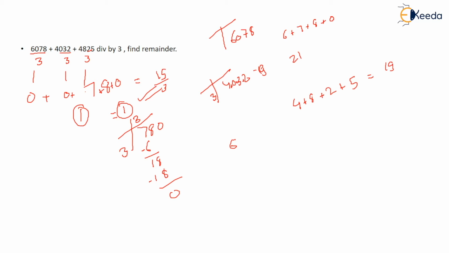After adding all those, let's check. So after solving this also by adding, this comes out to be something like 14935. You can add separately. 8 plus 9, that is 17. 17 plus 4, 21 plus 1, 22. So after dividing 22 by 3, what remainder comes? 1 comes. 1 is the answer. So you can find it like this also. Shortcut.